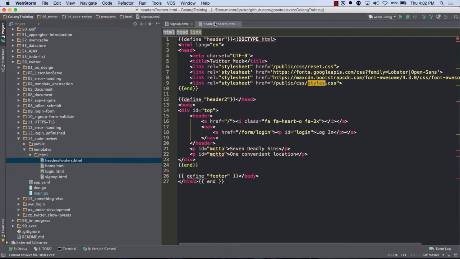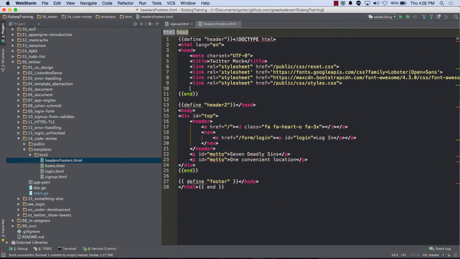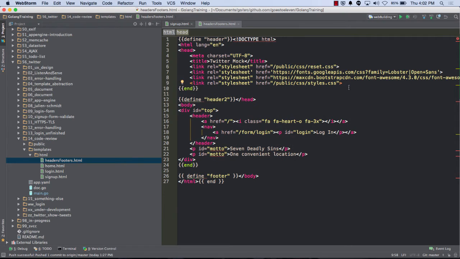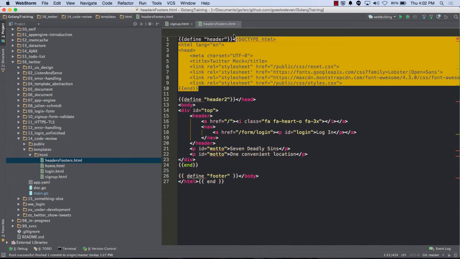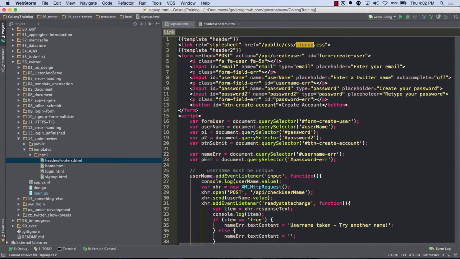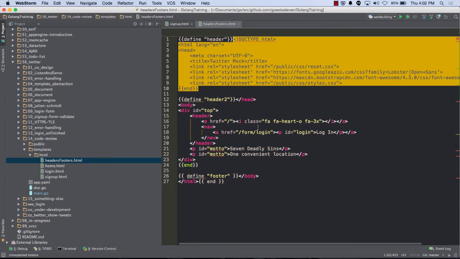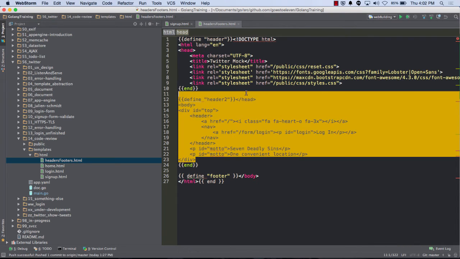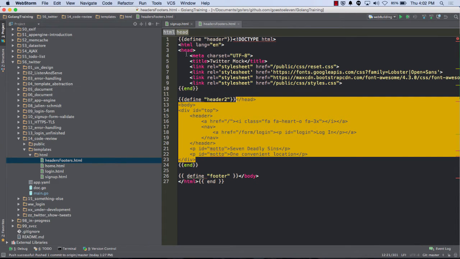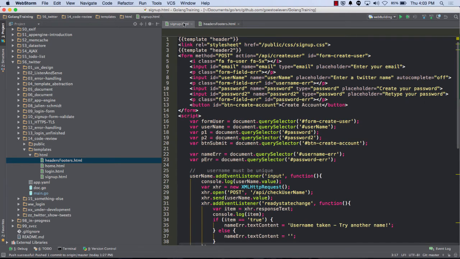So that actually gets put right after this, right there, right? Because it takes this chunk of code and it puts all that right here. That's template header. All right? And then it takes this template header 2, all this code, and puts it right after. So it ends my head section. So I'm dynamically building this page.